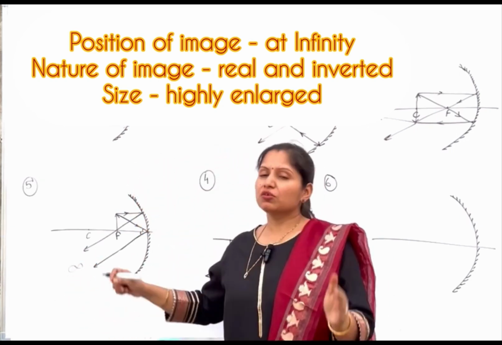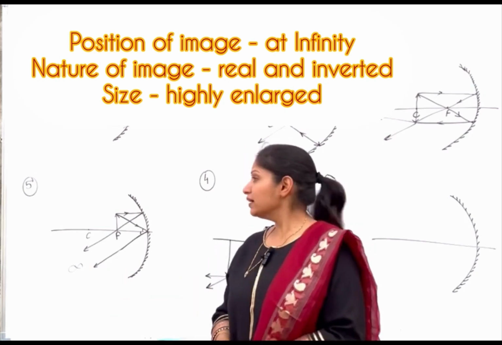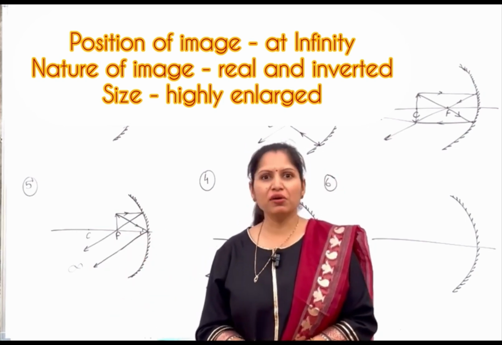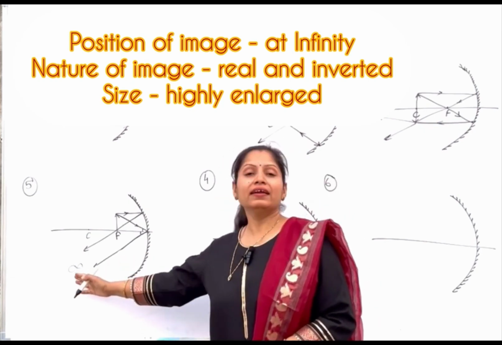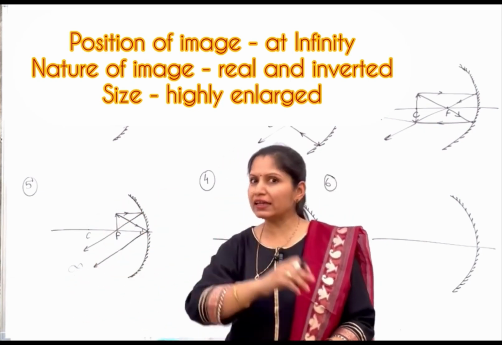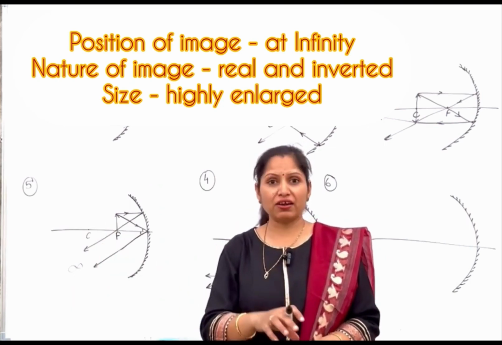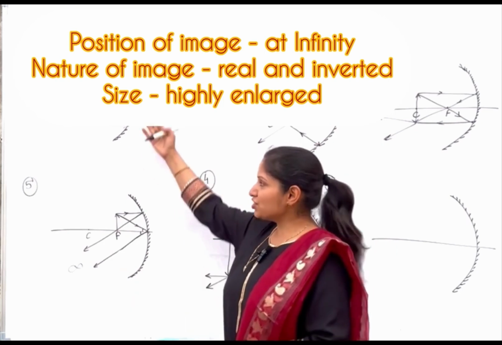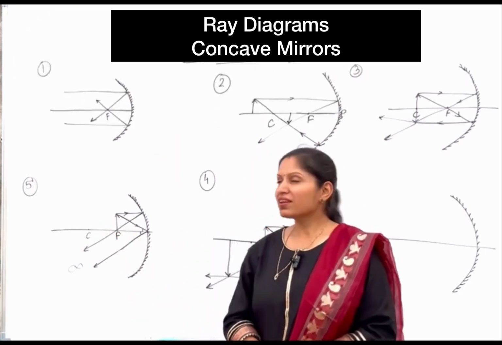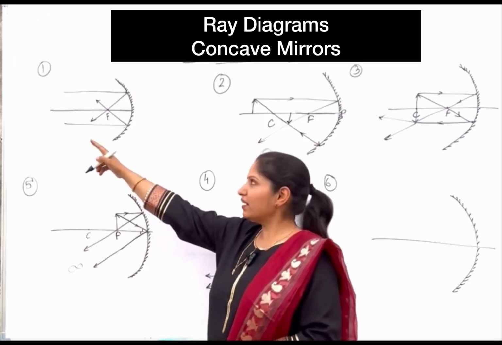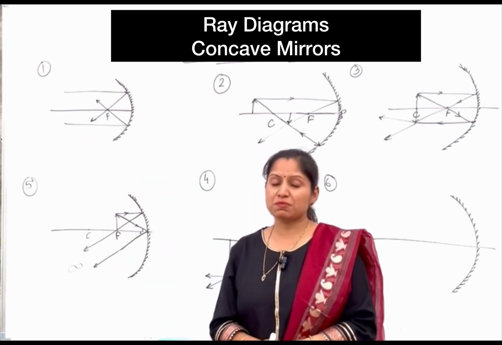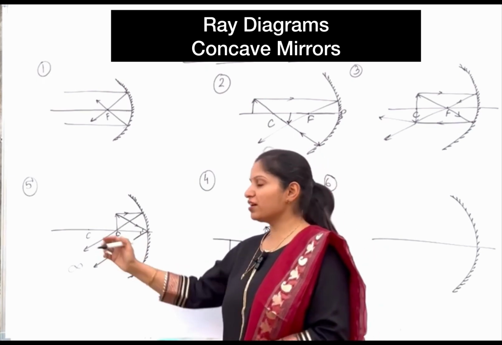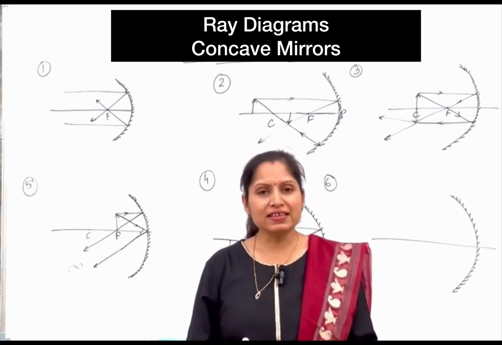Parallel light rays कभी भी एक दूसरे को इंटरसेक्ट नहीं करती हैं, एंड सो ये इमेज भी नहीं फॉर्म होगी। तो इमेज कहाँ बनेगी? इमेज विल बी फॉर्म्ड एट इंफिनिटी, मतलब बहुत दूर तक ये लाइट रेज जाएंगी, बट वी कैन नॉट फाइंड आउट द एग्जैक्ट पोजिशन ऑफ दैट, एंड सो वी कॉल इट एज इंफिनिटी। ये कंडीशन फर्स्ट कंडीशन के जस्ट ऑपोजिट है। जब लाइट रेज इंफिनिटी से आ रही थी तो कन्वर्ज हो रही थी फोकस पे, इमेज वॉज फॉर्म्ड एट फोकस। बट जब ऑब्जेक्ट रखा है फोकस पे तो इमेज जा रही है इंफिनिटी पे।